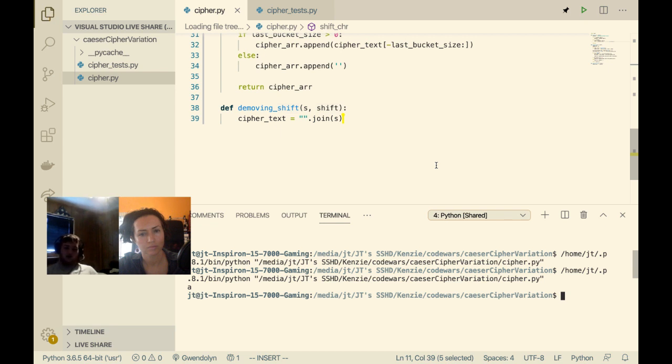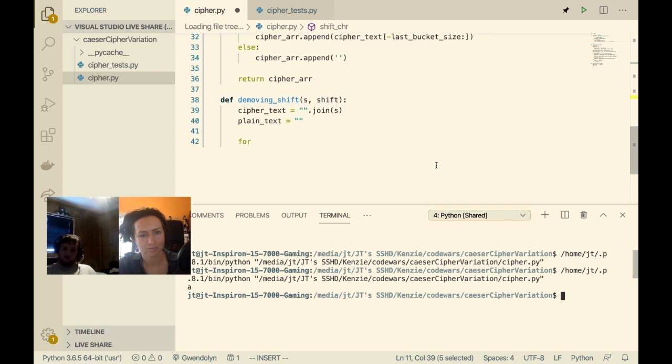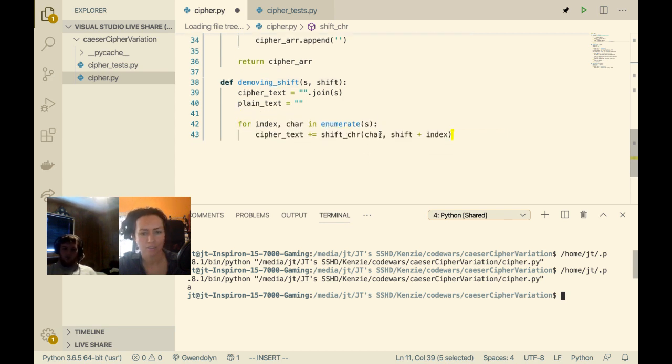And then, no semicolons, and then actually I don't need to copy, I can just copy and paste. You're copying the for loop? Yep. Okay. And then we're enumerating s, but in this case we're actually enumerating over ciphertext. And then instead of shift plus index, it should be shift minus index.